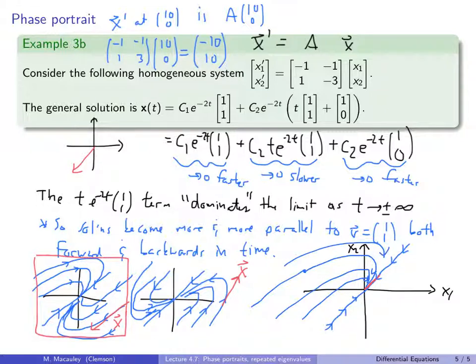It's going to spiral this way. And that little trick of just seeing what the slope of the tangent vector was at some point where we know it's either going to be that direction or that direction